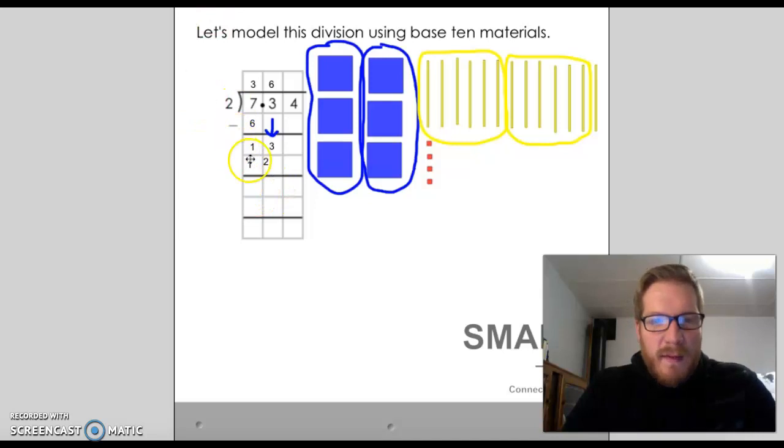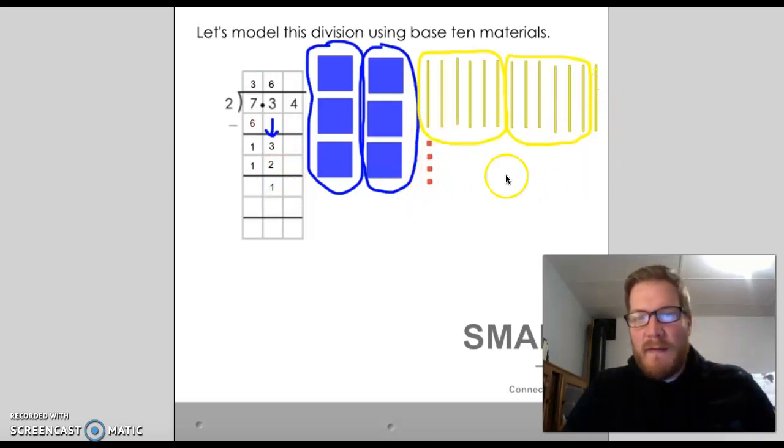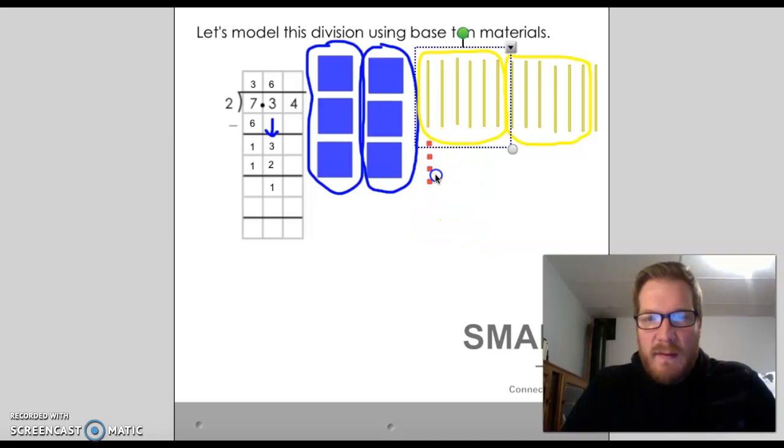And I'll move those numbers around. And then what's going to happen is that I'll have that 1 left over, that 1 rod, or that 1 tenth rod left over. So then I've got my 400ths over here. Now what happens is I'm going to have to break this up into 400ths. So what I'm going to do is I'm just going to copy and paste